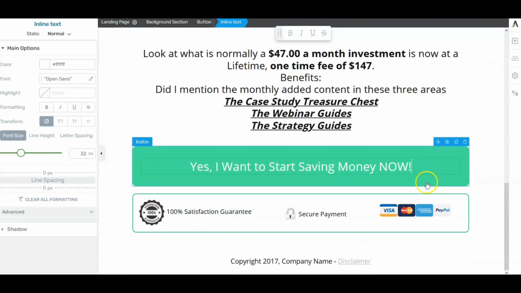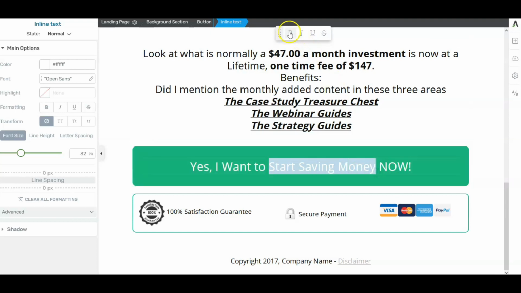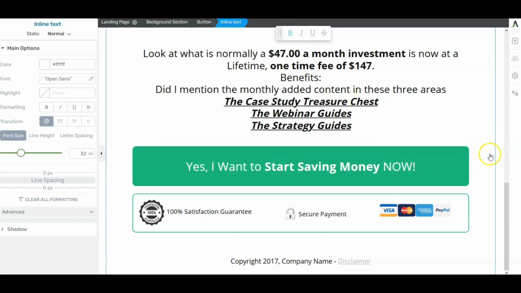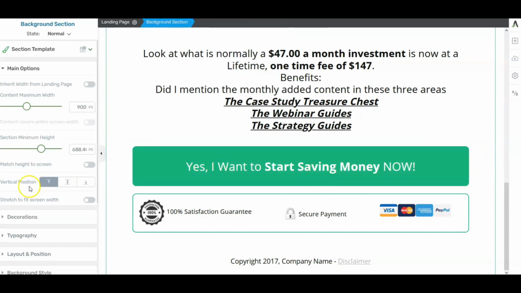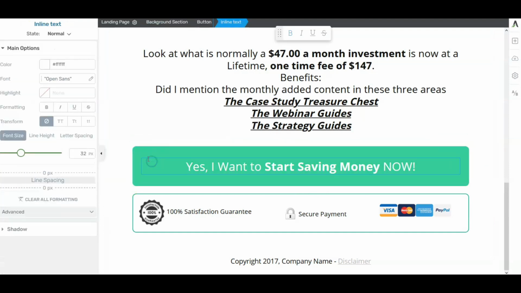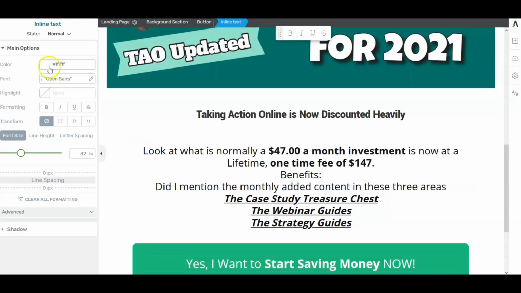I'm going to click out of that now. I'm going to put that in there. I'm going to embolden that as well. So that's a little bit brighter there. Now, what I want to do is we're in here, and